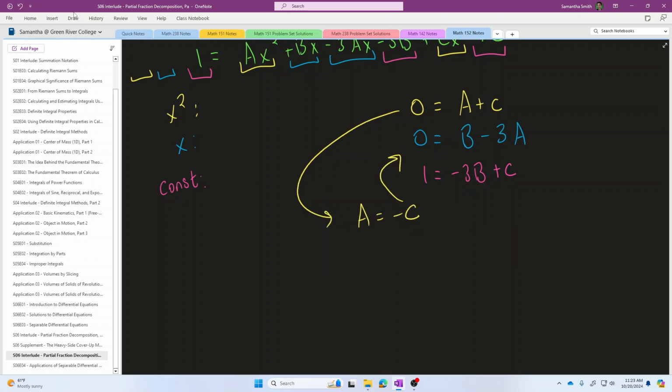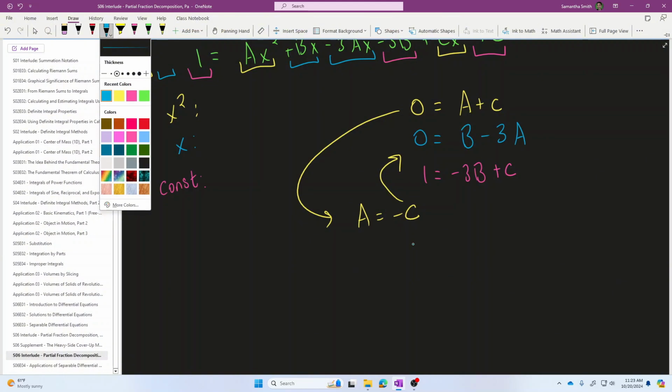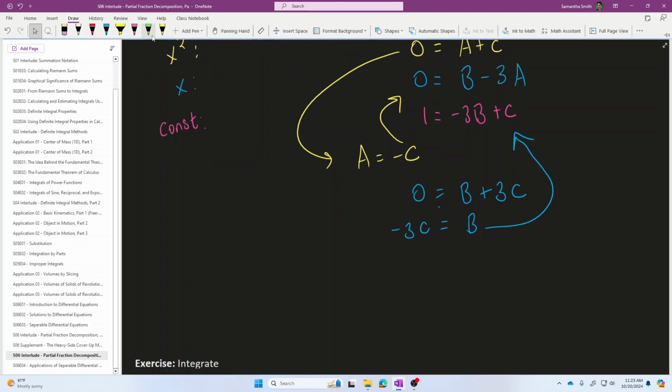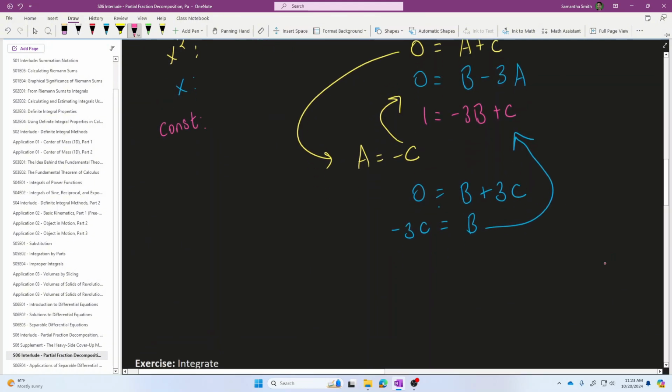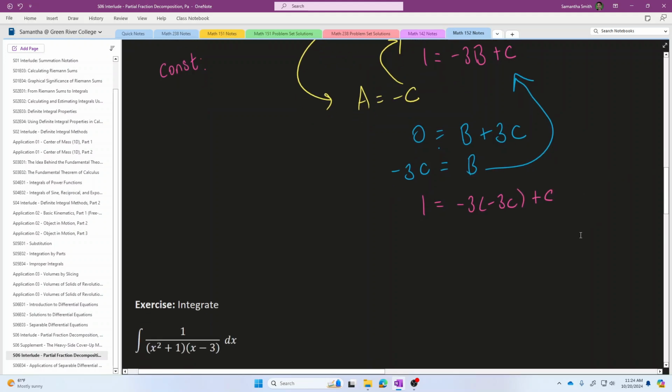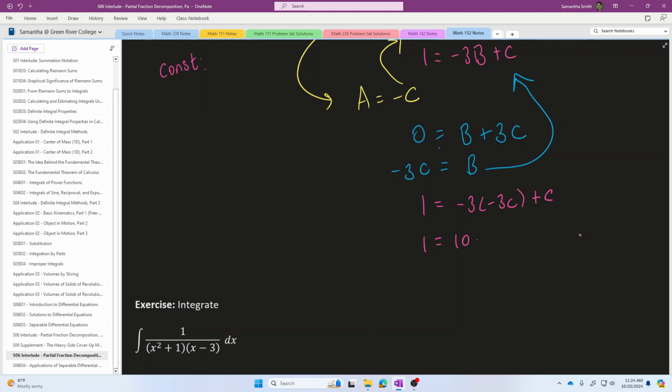If I plug that equation into blue, then that tells me that 0 is the same thing as b plus 3c, which implies that b is the same thing as negative 3 copies of c. Now if I plug that into equation 3, I finally have an equation that contains just one unknown. 1 is equal to what is now negative 3 times minus 3c plus c. So that looks like 1 is equal to 10 copies of c, and that looks like c is equal to